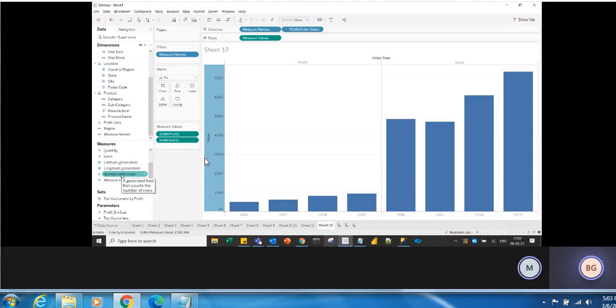I'll answer that later, but along with Number of Records, Tableau by default will generate these Measure Values, Measure Names, Latitude and Longitude. If you connect to any data source, Tableau by default generates these fields. And when to use those fields: Measure Values and Measure Names will be used in a blended axis.